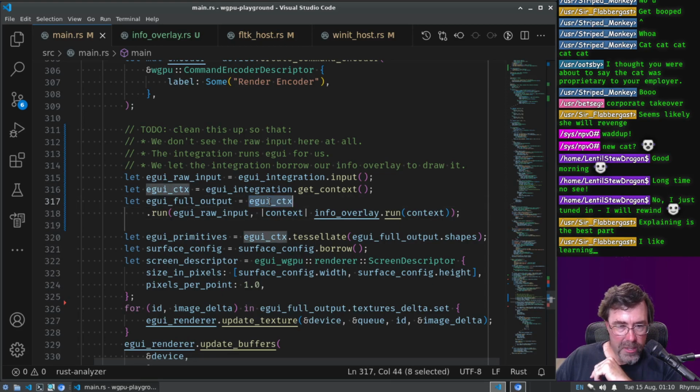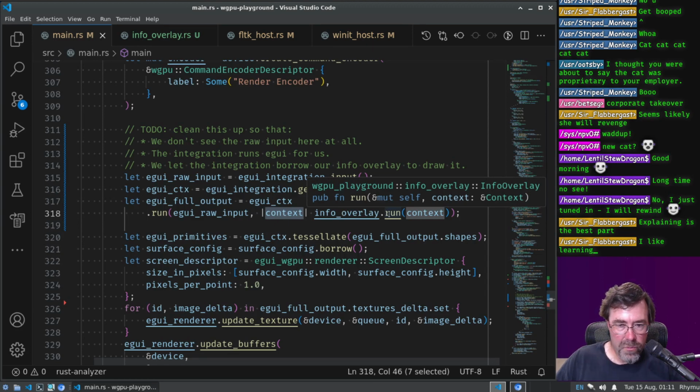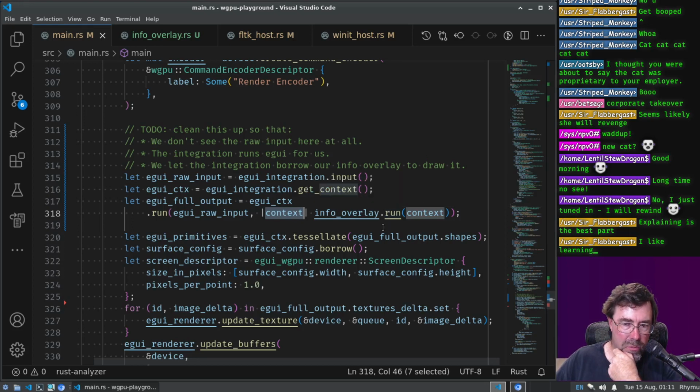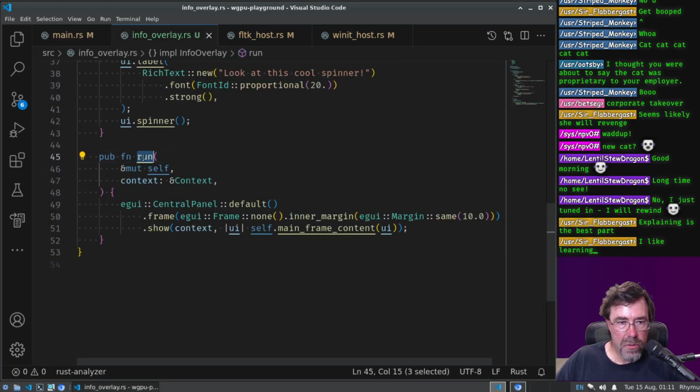Right. We're saying egui context run, with this input, call my closure with the context. And in that context, we are just using the context, and the context allows us to draw. Okay, so really it should just be draw, not run. I think that's what I originally called it. I think draw is more appropriate. So drawing our info overlay means to declare a central panel, tell it we want a frame inside of it with a 10 pixel margin, and then show